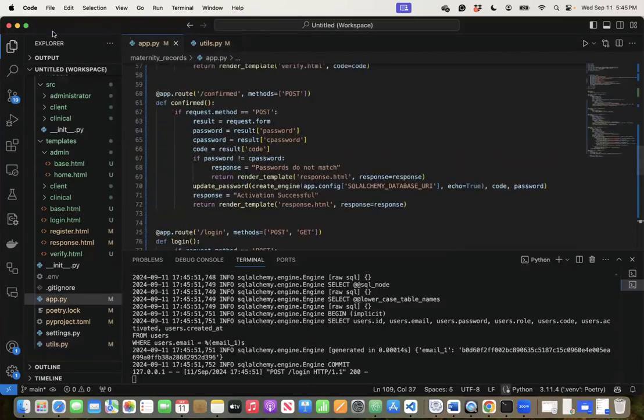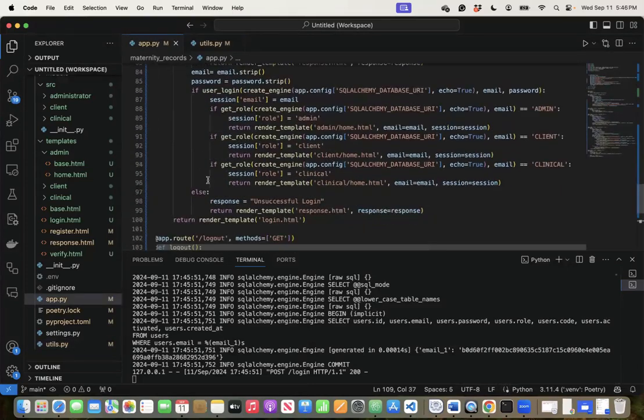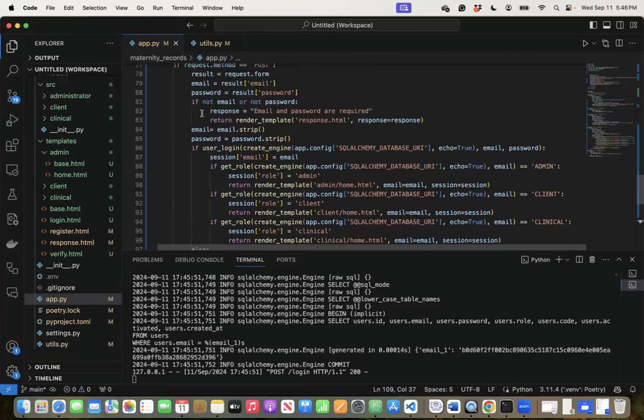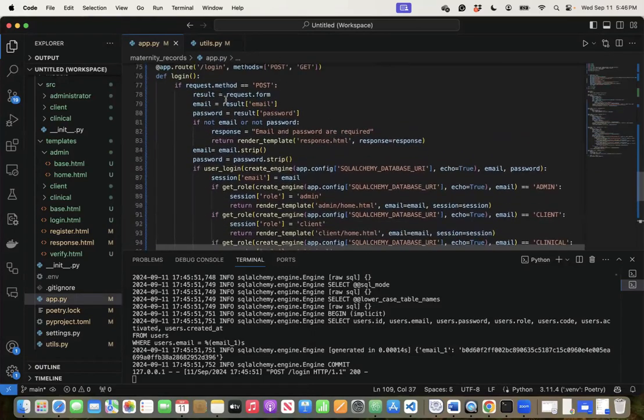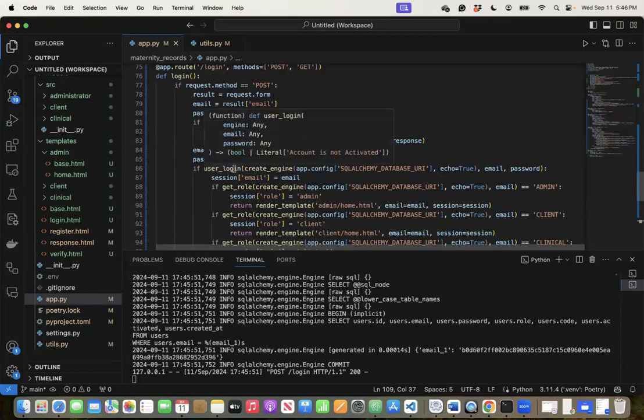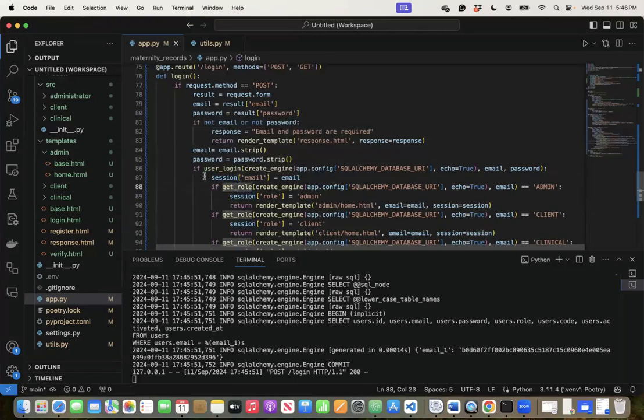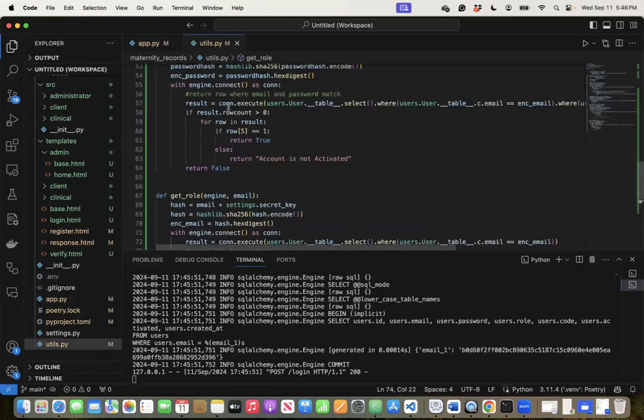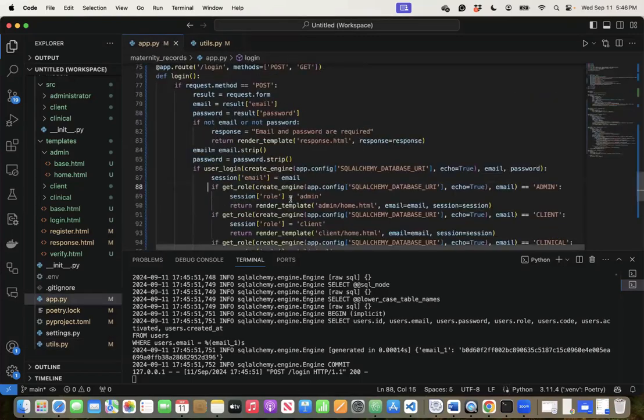The problem we're having now is going to be on our route here, on how we define things. We have said that if the request method is post, we want to run the user login function, and this function is going to check whatever it needs to check. If it's correct, the user is logging in, we return true here. And I don't think this is what we're supposed to return here. Maybe we should do all of this on that file and return the session. And then if it returns true, we set the session email equal to email,